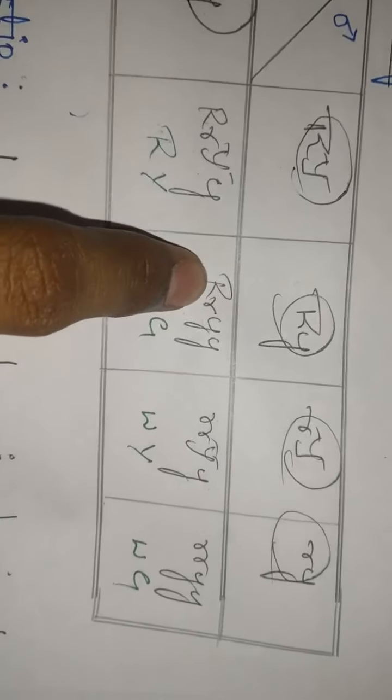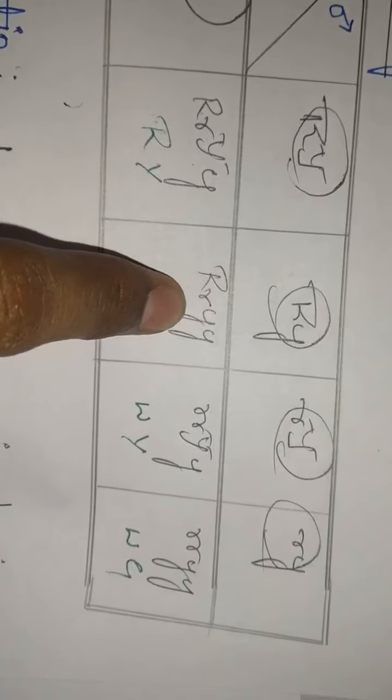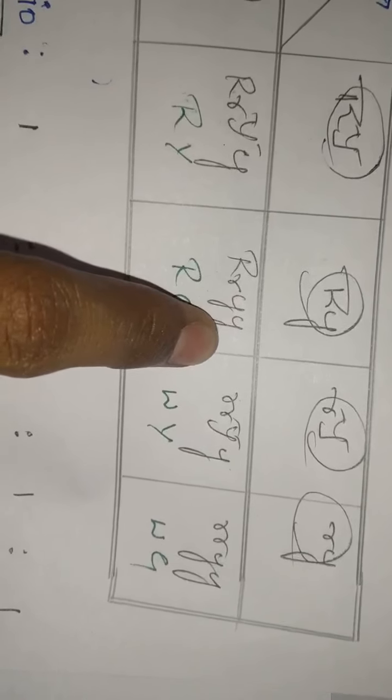Here again, one is a dominant character and one is a recessive character, so the dominant character round is present. Here both are small y, so it is regarded as green seeds, so round green seeds are present. Next is small r, capital Y, small y. Small r represents wrinkled seeds. Then we have the crosses, and after getting them we can work out the genotypic ratio and the phenotypic ratio.